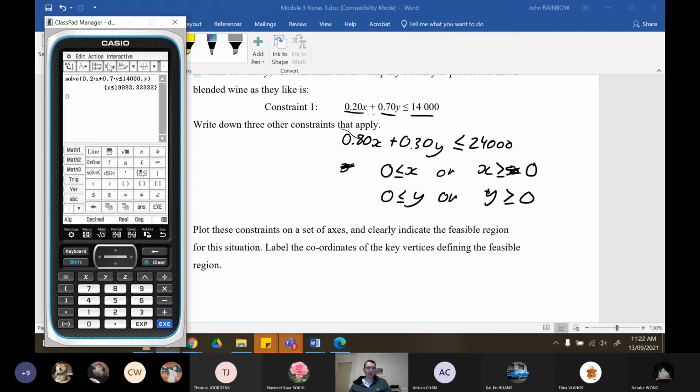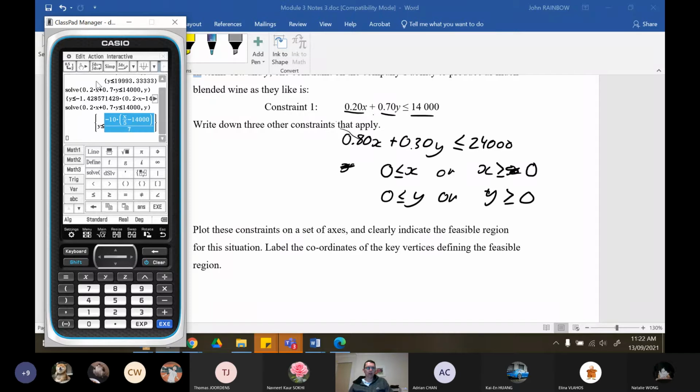If you get this number, like I have, I've clearly stored a number in for X. So you just go edit, clear all variables, hit OK, and just hit execute again. Notice it's come up in decimals. You want to make that standard, so I can execute, and then it comes up as a nice little inequality, which isn't really good, but let's just whack it in. As long as I type these in correctly,